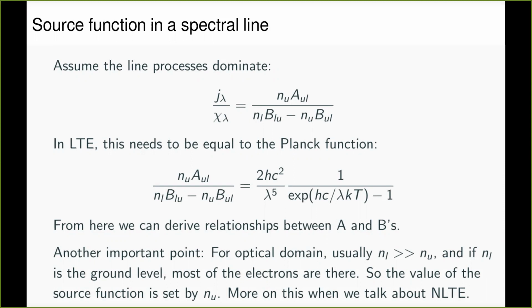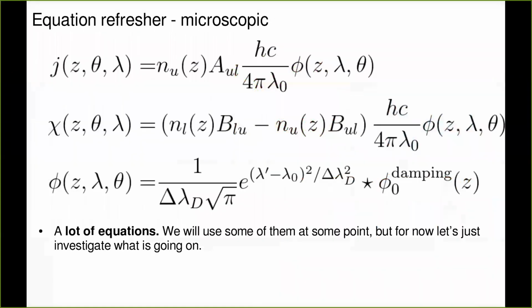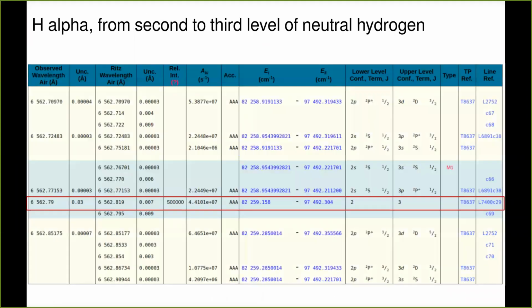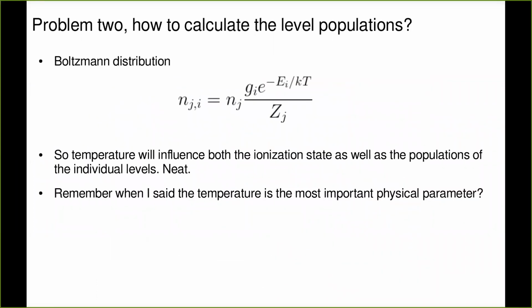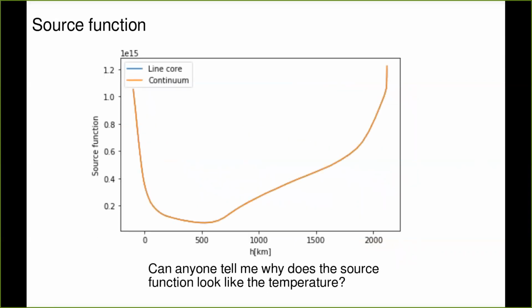So for temperatures which are high, which means above a few thousand Kelvin, and for wavelengths which are not in the UV, which are in the optical, the LTE source function is going to be very roughly proportional to the temperature. So this is why we see that. For your exercise, you can plot this, and I think it was homework last year. You can plot these dependencies, and you're going to see that they become more and more dramatic as you go to smaller and smaller wavelengths.